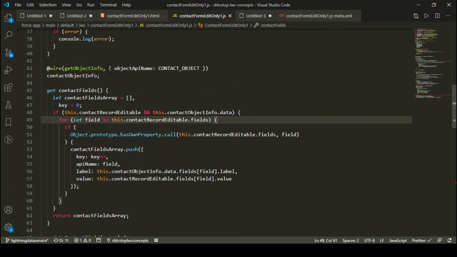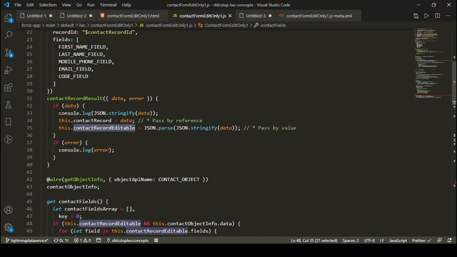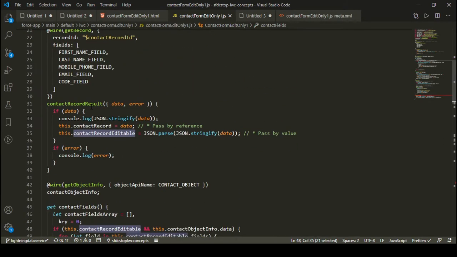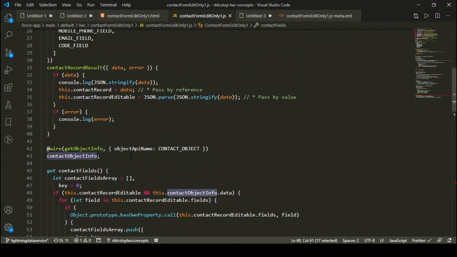So what I did, I have just used my contact record editable object, and I have checked that if this object is defined, because this is a wire method, so it will run asynchronously and it will update my contact record editable object at some point of time. So I have checked that if this object is defined, and in case my contact object info is also defined. So I have checked if both the variables are defined. Then what I'm doing,